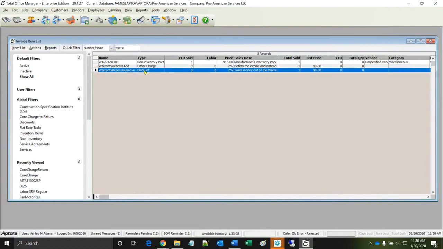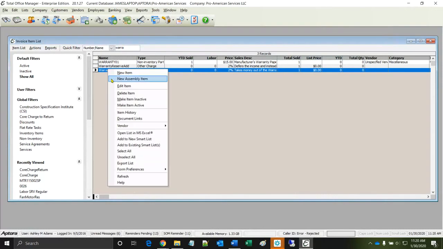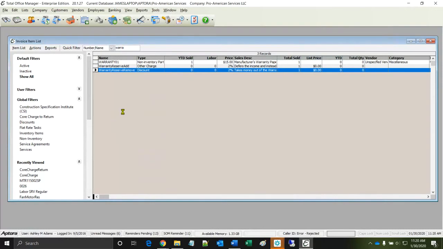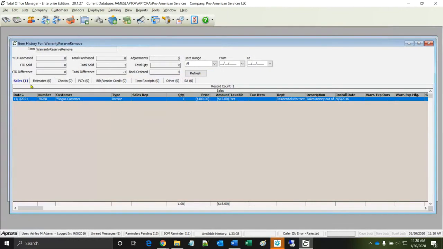So we all know that the discount item is used when you have to do warranty work. So what you would do is you would go to that item's history,